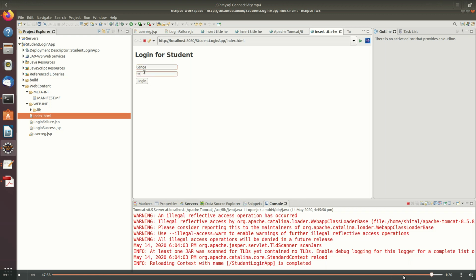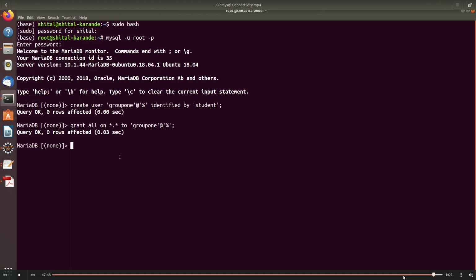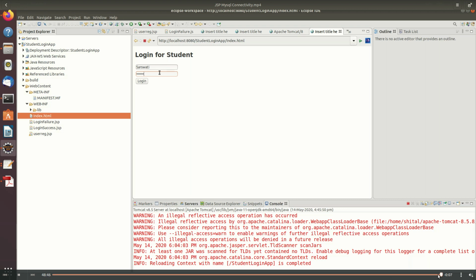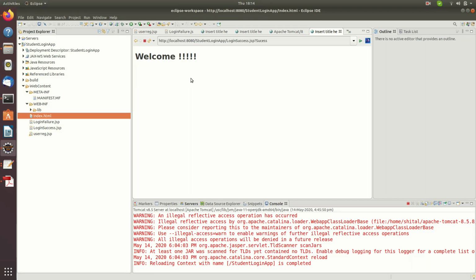So I have typed the username and password, clicked on login, invalid user. Okay, so it is taking me back to the index.html page. Now I'll enter another user, that is Saraswati. I'll check back in the database what is the password that I have set for that record. I'll enter the correct password and I'll log in successfully.